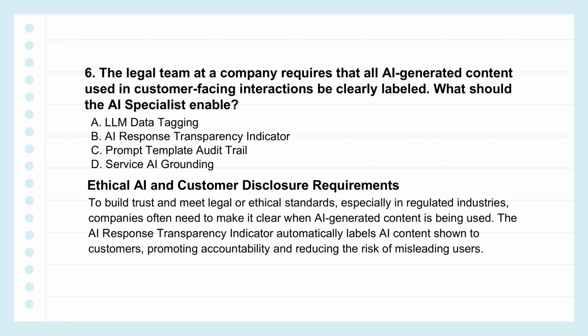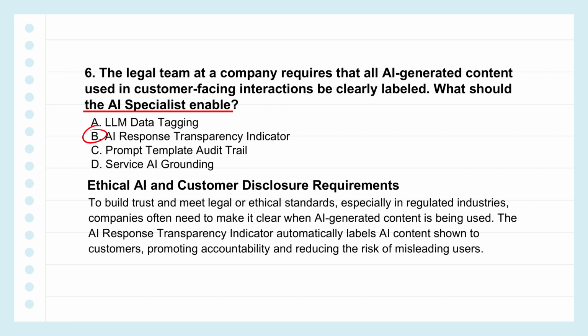Now, transparency. The legal team steps in and says, hey, we need to clearly label when AI is generating content for customers. What Salesforce feature handles that? That would be the AI Response Transparency Indicator. The core idea here is ethical AI, really. It's about being upfront. This feature just adds a clear label like generated by AI or something similar, so customers